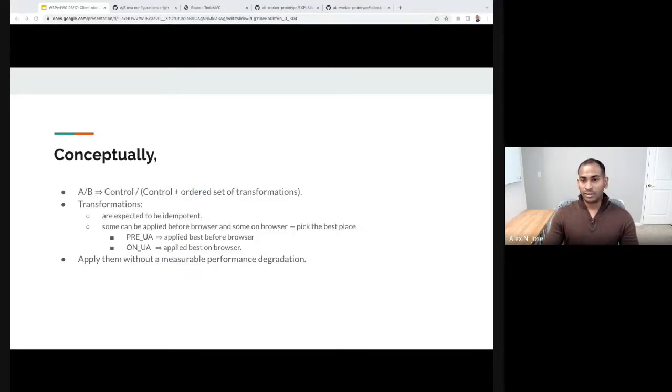So into the details of it. If we were to visualize an A/B test as a control document with a series of transforms, this goes back to that same transformation language. So we're modeling an A/B test as a control document and an ordered set of transformations. And these transformations are expected to be idempotent, which means that if you apply them multiple times, there won't be